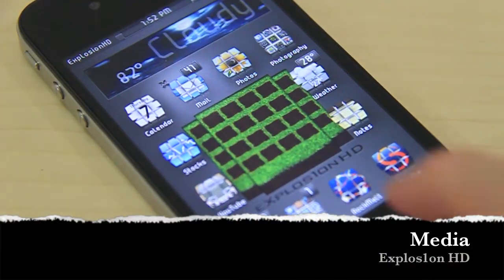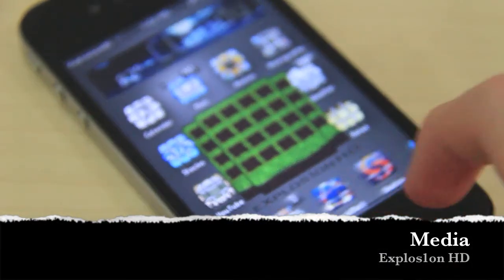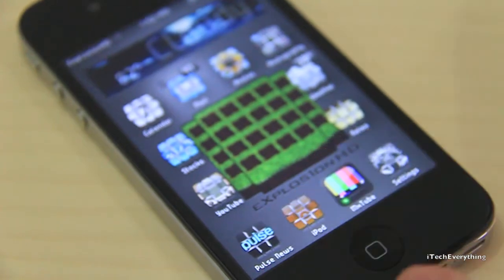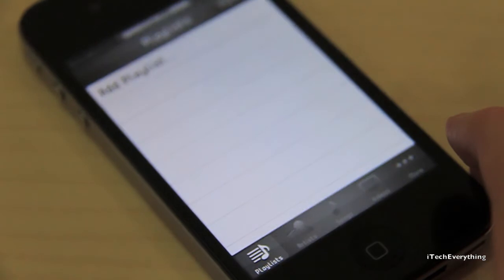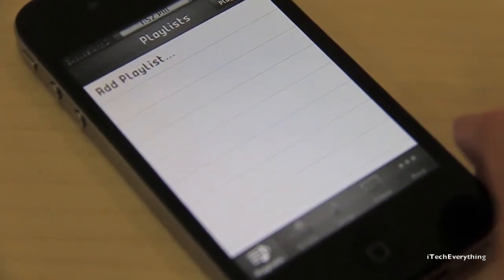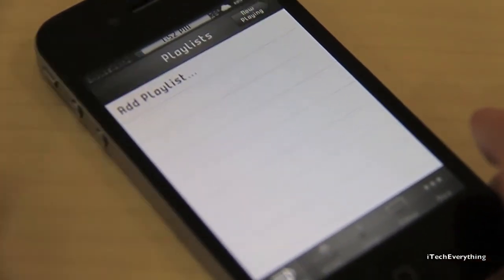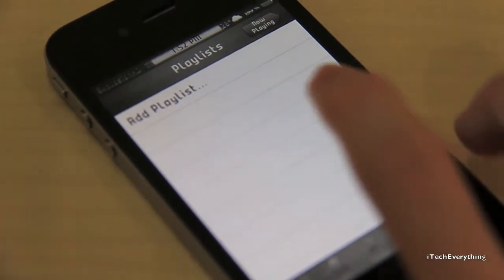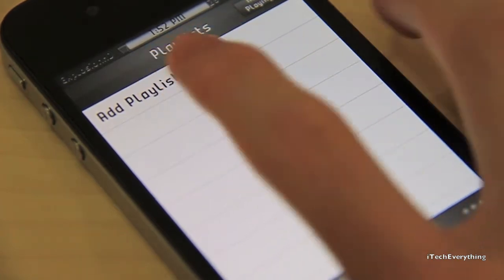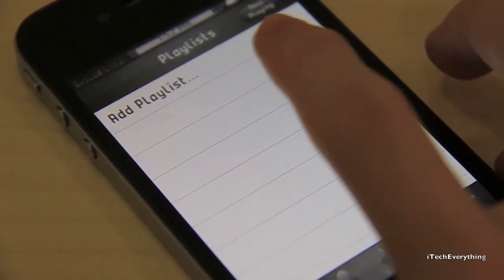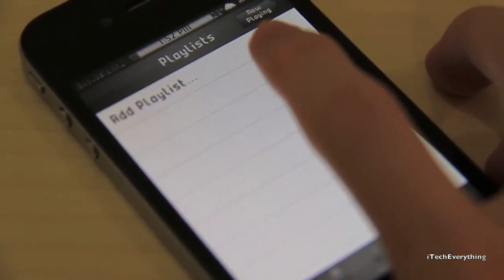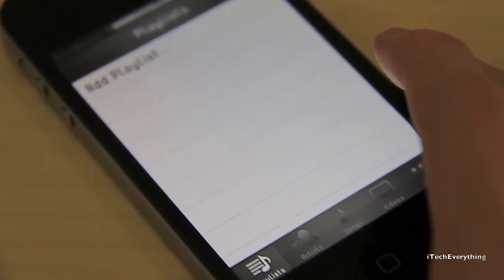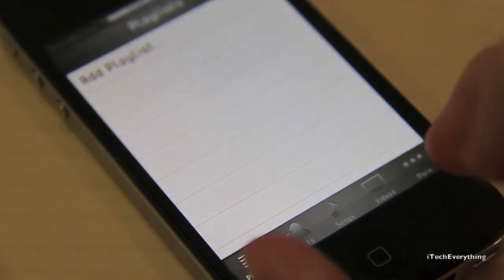Now I'd like to show you the media section of this theme. We'll go into the iPod. Very nice iPod for you guys right there. So you can see the top bar, very nice UI. The status bar is themed. When you launch an app like this, you can see the clock there is themed, very nice. And the now playing buttons are themed as well. Nice UI. Look at the bottom, all the icons are themed with a very nice iPod